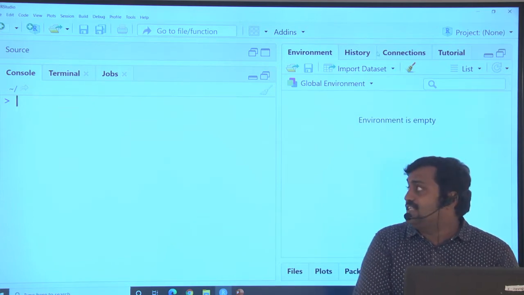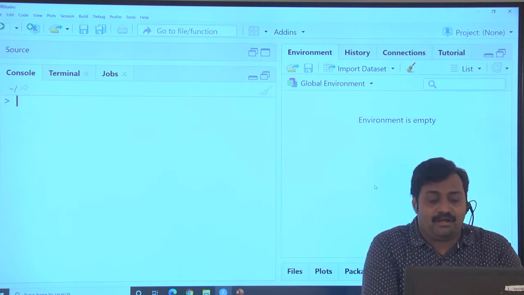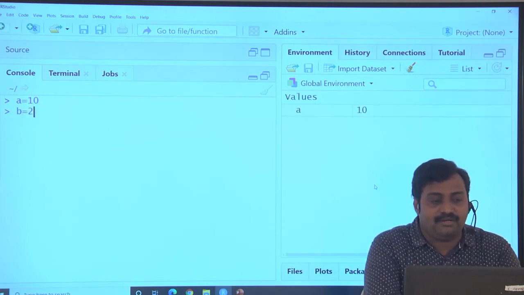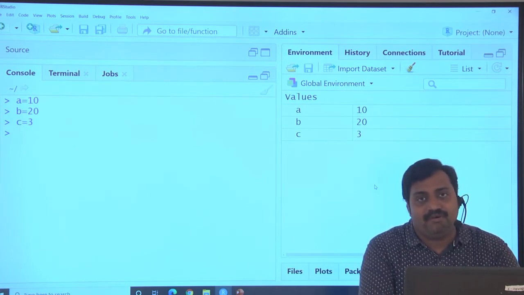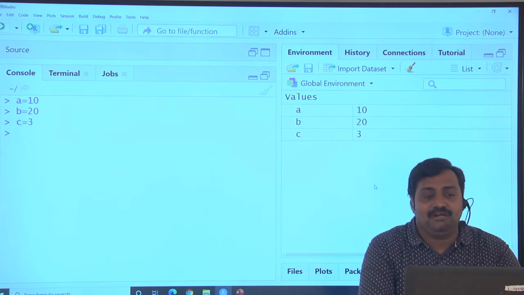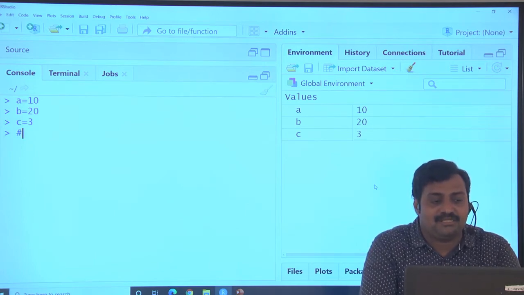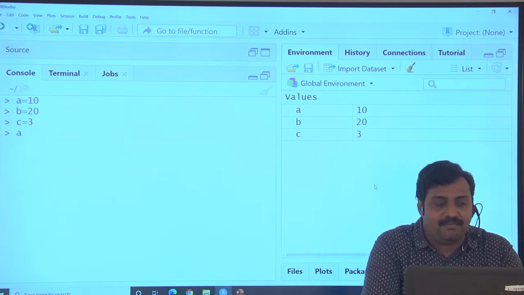Now everything is fresh. I am creating variables a equal to 10, b equal to 20 and c equal to 3. You know what the class and type of it are; we already learned that in the previous session. Let's work with the arithmetic operations, addition. Directly we can perform a plus b.